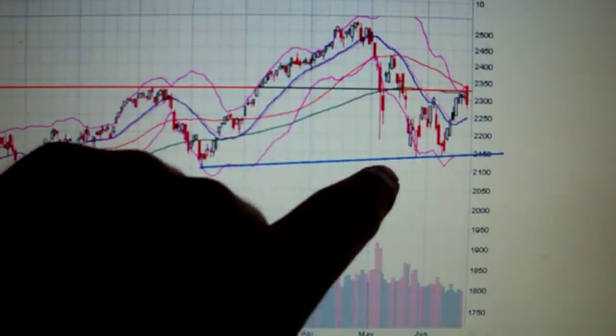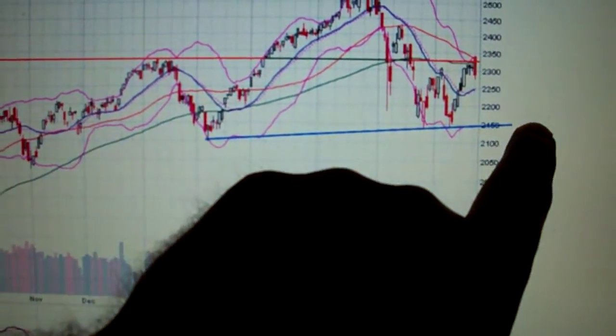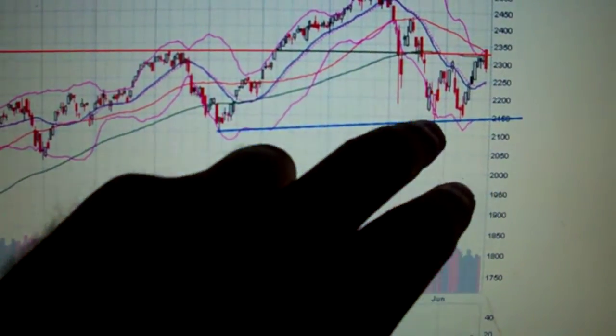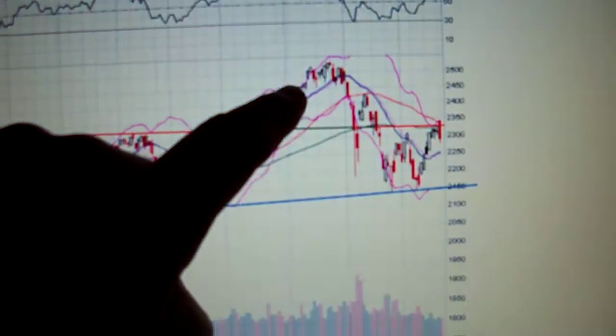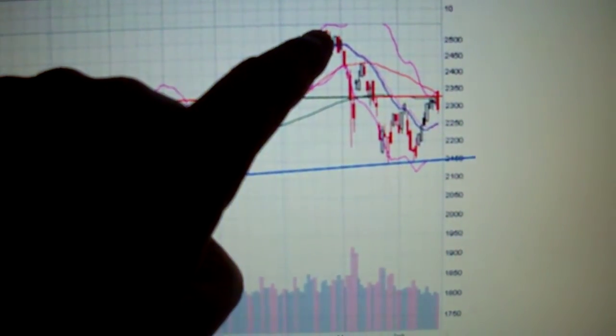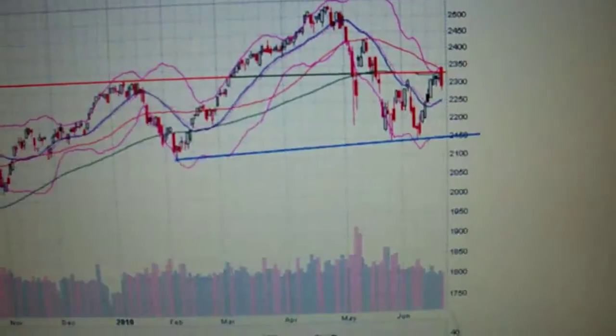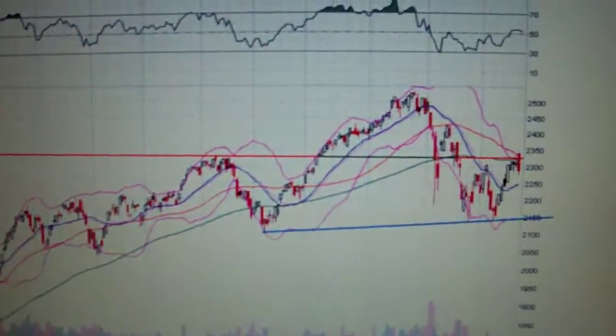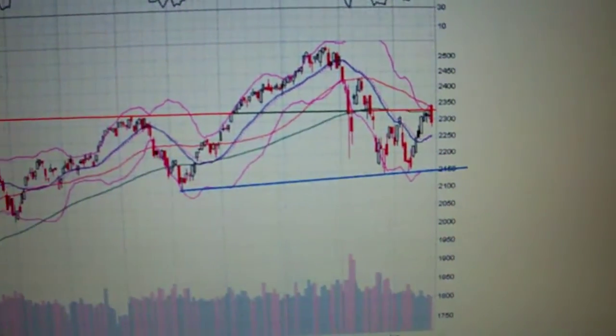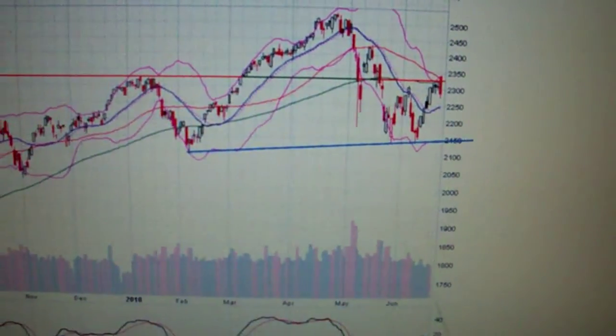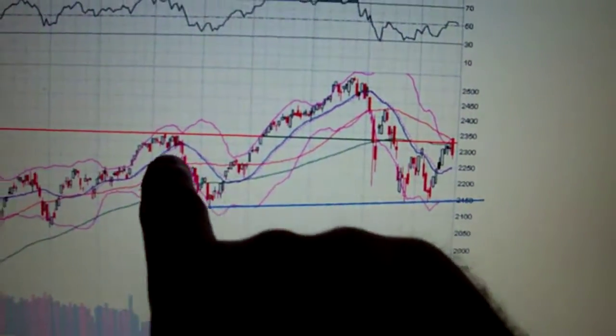Basically, once this line right here, which is called the neckline, is broken, then you have a target that is the difference between the head and the shoulder. So that's quite a drop. So that's what we're looking at right now, and it looks like, as you see here, the shoulder line right